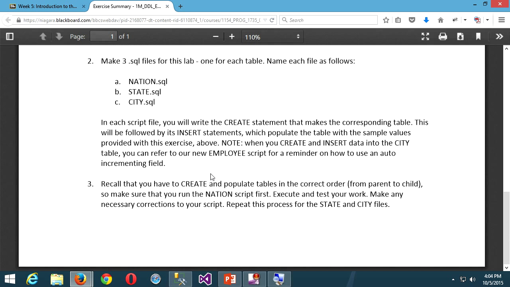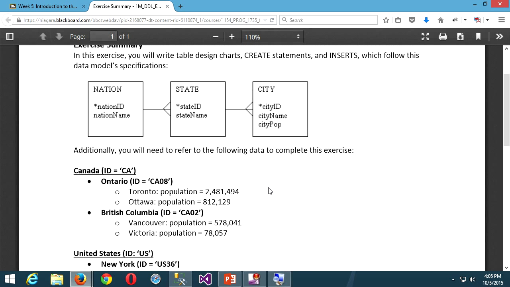Just use the sample data and populate your tables with the information given in the instructions. Any questions about that homework assignment? Just remember, as it says, you have to create and populate tables in the right order from parent to child. So which one would you do very first? Nation, right? And next, you would obviously do state, and the last, city. If you try to create city first, it won't work. You've got to go like the grandparents, the parents, and the children, grandchildren, all the way down the line. And the same when you insert data, you have to do it in the same order because you can't create records in the child that don't have a parent to relate back to in terms of